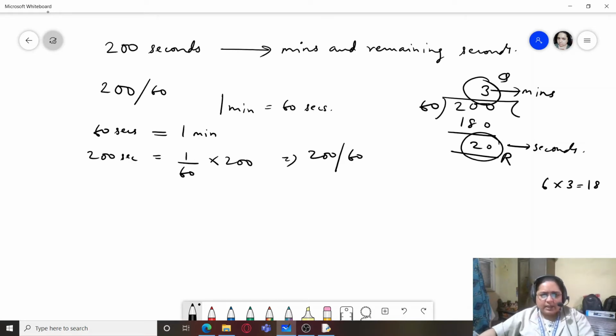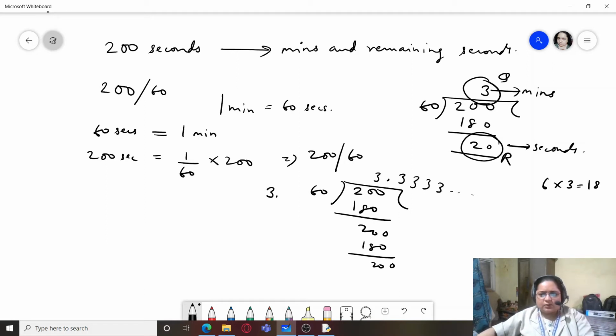Now if I only want 3, because if I divide normally it will give values after the decimal point, and the answer would be like this and so on.